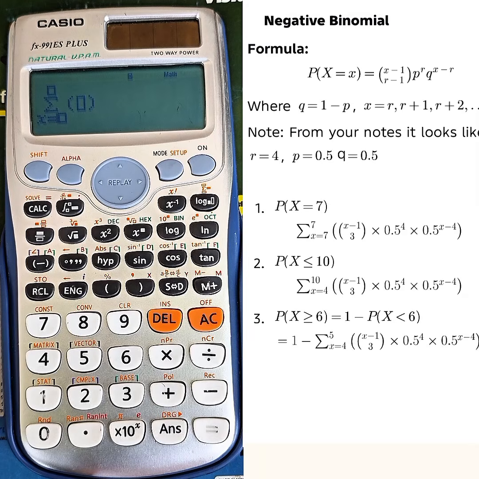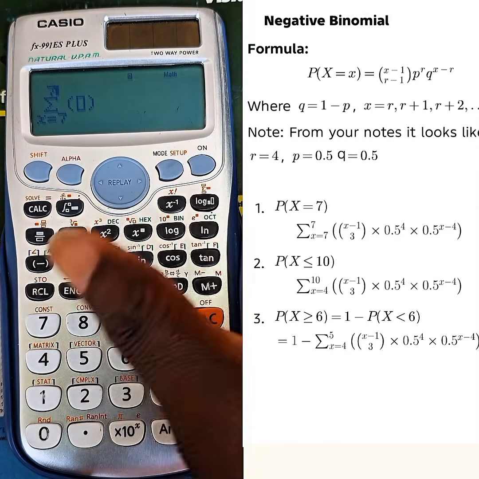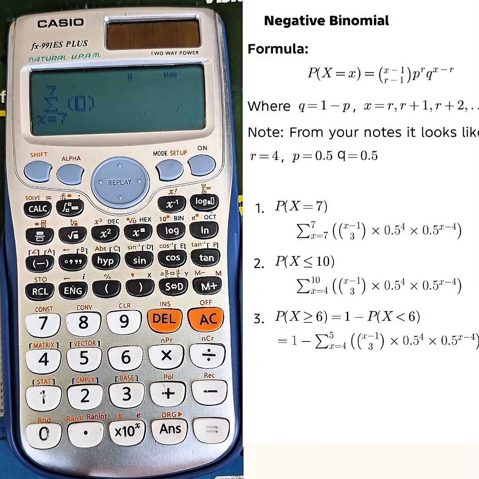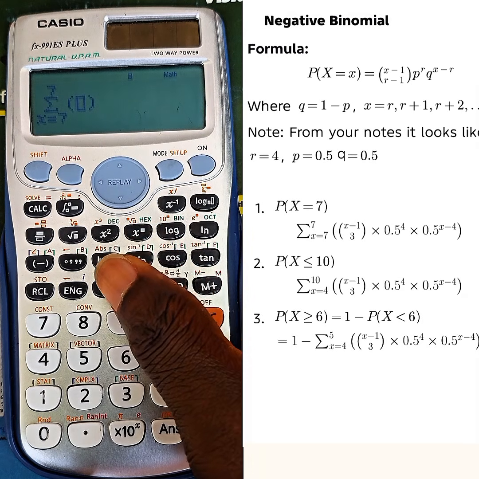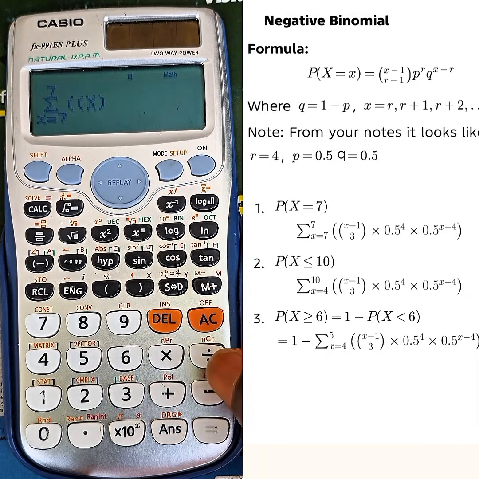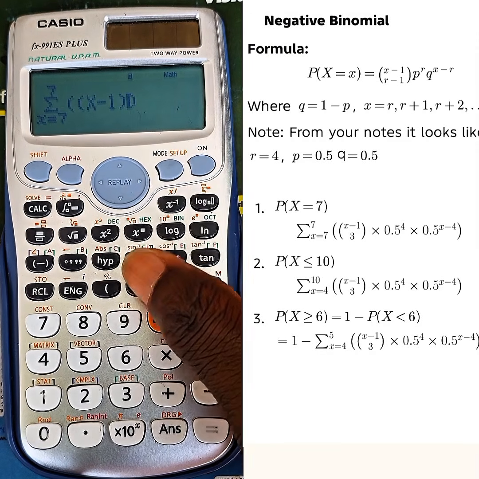On Roman figure 1, they are asking for the fourth positive found on the 7th test. So now our x is 7. Now we're looking for exactly 7, so it's going to be from 7 to 7. So now we'll come back into the brackets, and then the formula says x minus 1. So now we have to put that in brackets. Alpha x minus 1. So now we'll close the brackets, then shift